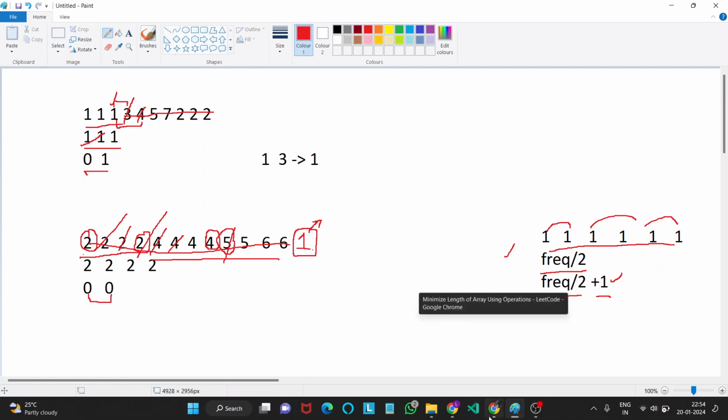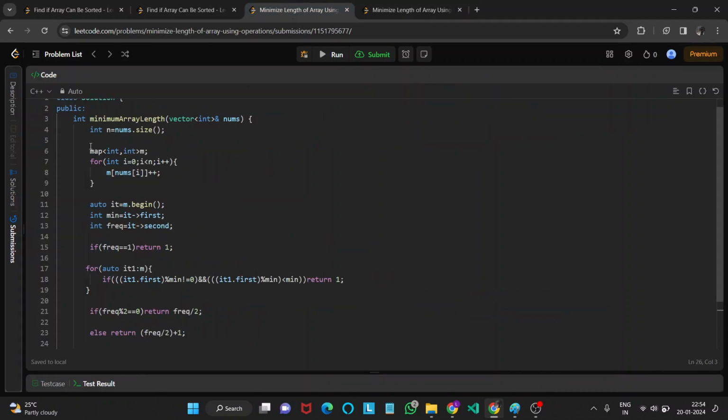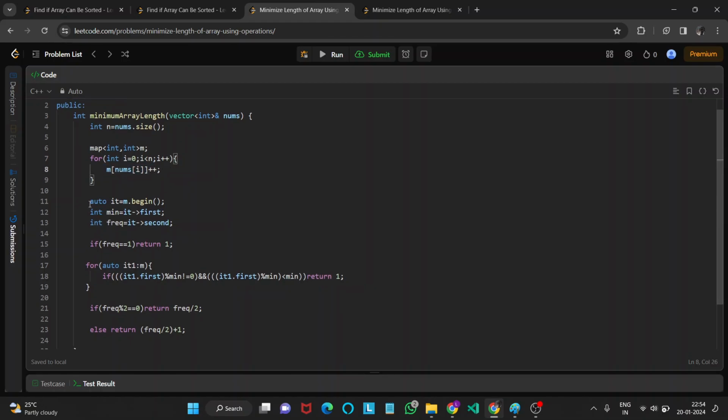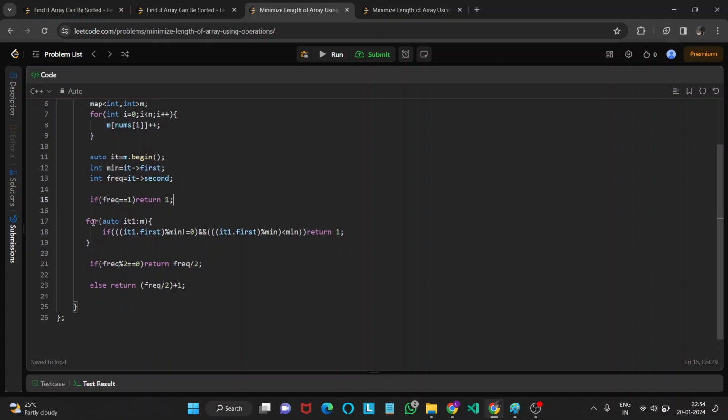So let's look into the code of this solution. I'm just maintaining a map to store the frequencies and the unique elements, and then I'm storing the minimum element and also the frequency of the minimum element. And if the frequency is equal to 1, then we just simply return 1. Otherwise we iterate through the map and check whether if we do this operation and if it is not equal to 0,